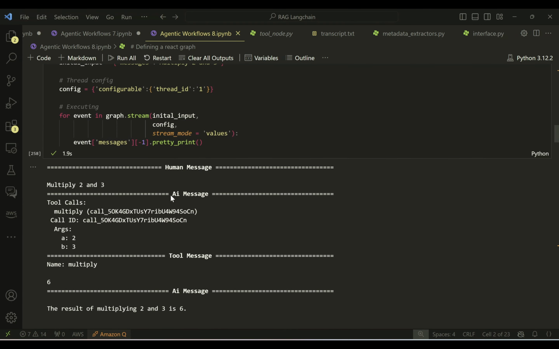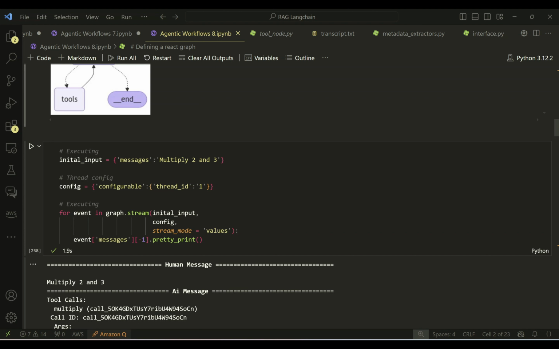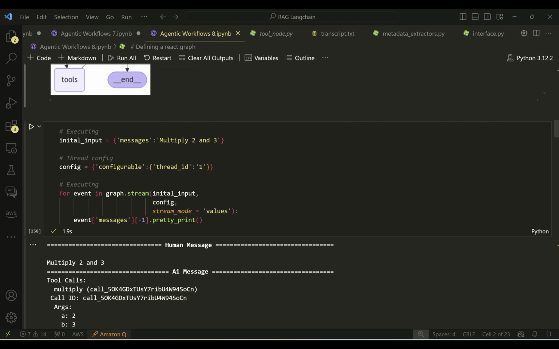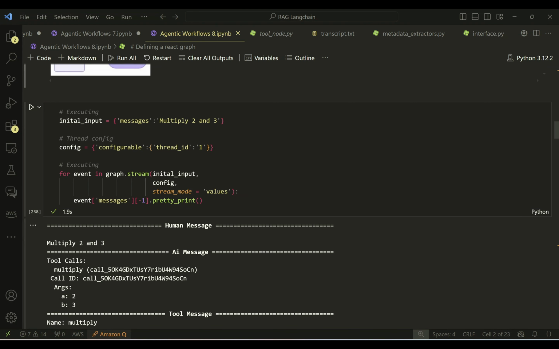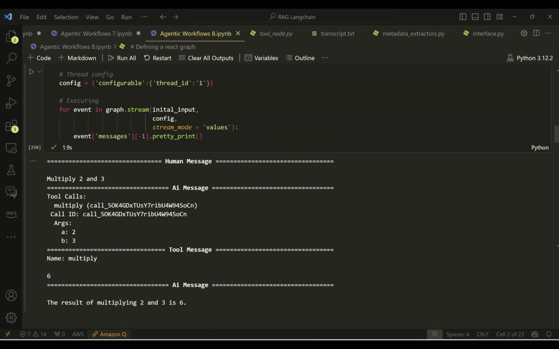Now I'm beginning to execute it in the way we did before. The initial input is just multiply 2 and 3 here. We executed it, configured the thread, used the graph.stream to execute it, and we got this response 6. The result of multiplying 2 and 3 is 6. Cool up till here. But now